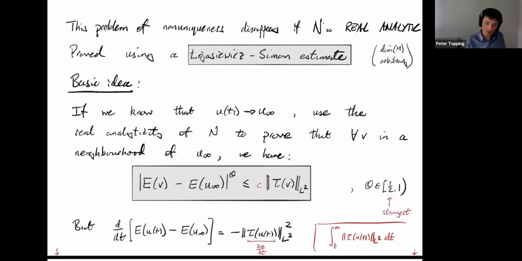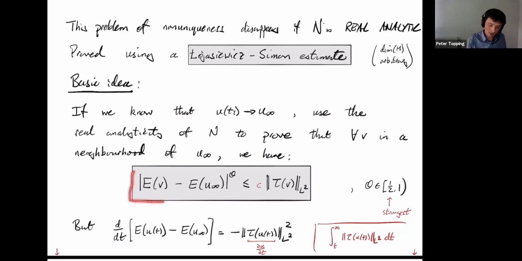And if you look at this last line here, we've almost got it. So if you look at this estimate here, if we didn't have this 2 here, then we could just integrate this equality, and we'd find out that this integral we're trying to control would just be the difference of this at time t and this at time infinity, which is 0. So we'd be done. Okay. Unfortunately, there's a 2 here, so that doesn't work. It can't work because the example that I gave you before shows that it can't work.